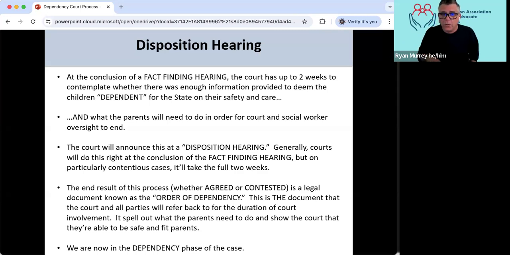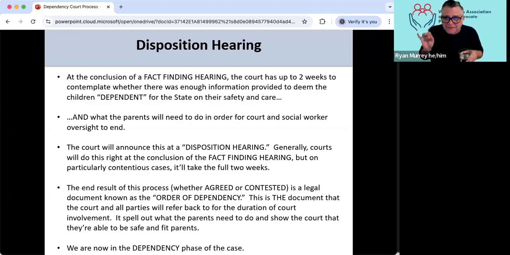And what the parents will need to do in order for court and social worker oversight to end. The court will announce this at a disposition hearing. Most of the time, courts will do this right at the conclusion of the fact-finding hearing. But on particularly contentious cases, it'll take the full 2 weeks to figure out what the plan's going to be.